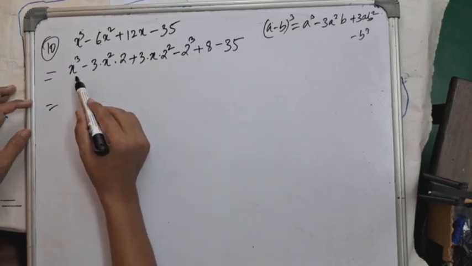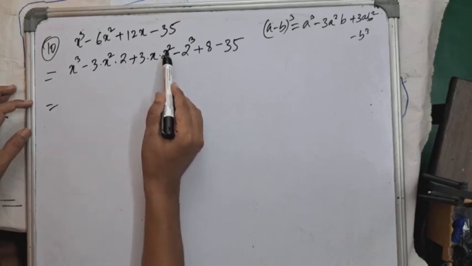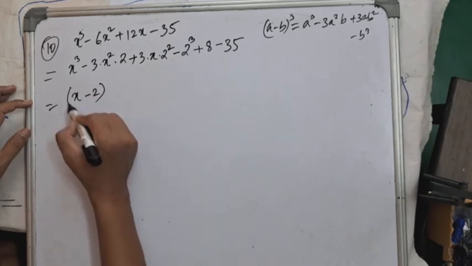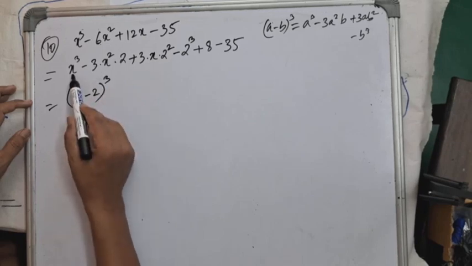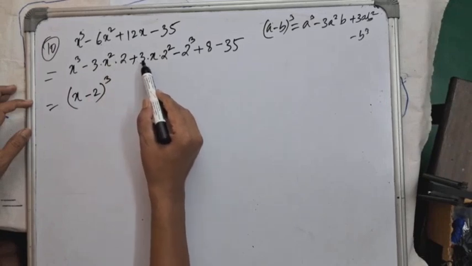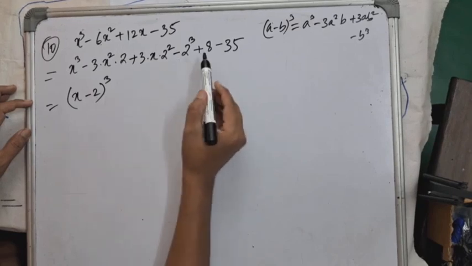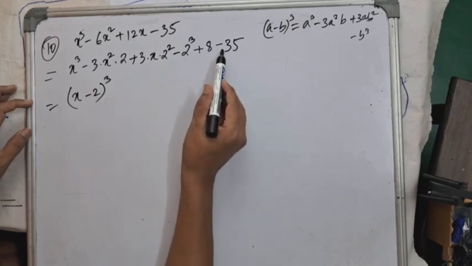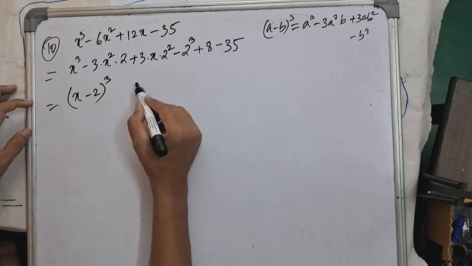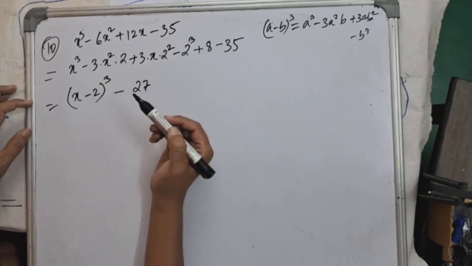Now what we can see here is a cube minus 3a square b plus 3ab square minus b cube, that is a minus b whole cube, isn't it? a is x, b is 2. a cube minus 3a square b plus 3ab square minus b cube is a minus b whole cube. So plus 8 minus 35, opposite side means we must subtract. So 35 minus 8 is 27, isn't it? And sign of greater number, that is minus, we write here. Okay,